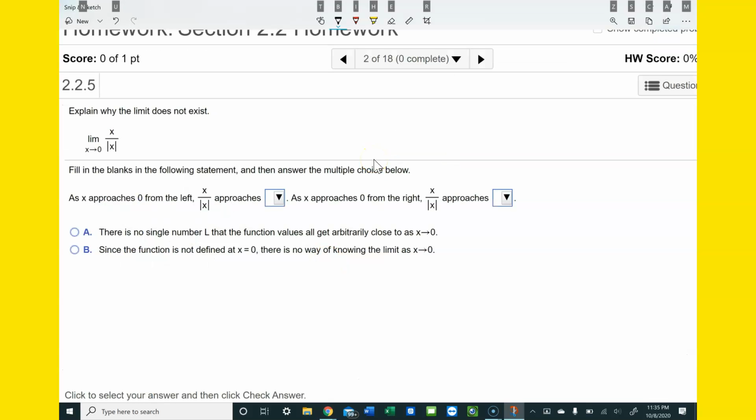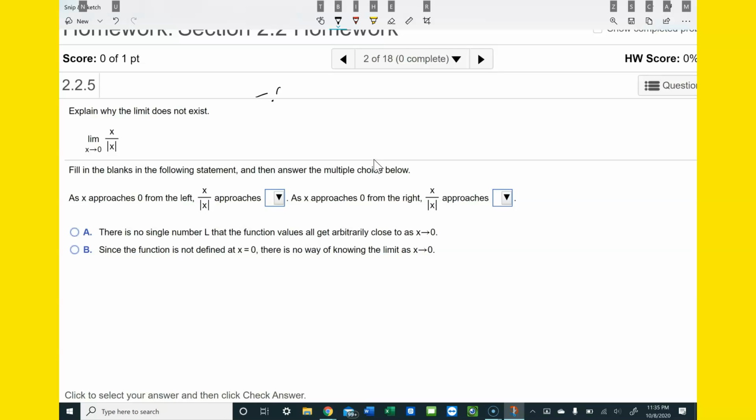All right, looking at number 2 now. This function, the limit of this function as x approaches 0, we can kind of see that this is not going to be a simple problem where we can just plug in 0 for x, because that would give us 0 over 0, which is not defined. So we can't just plug in 0. But I think the way I'm going to approach this is, what do I get if I get close to 0 from the left side of the function? From the left side of 0. So like, what's something close to 0? A little bit less than that. So I think it would be